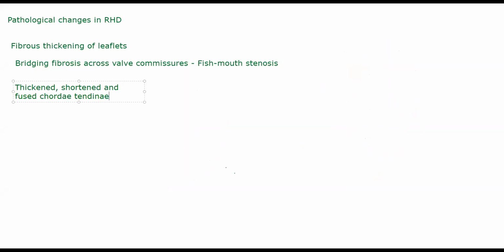Another thing that will happen is to your leaflets, specifically the mitral leaflet and aortic leaflet. See, rheumatic heart disease will mostly affect those two only. Mostly it will affect the mitral valve. Sometimes it will affect the mitral and aortic valve. Very rarely it goes to the right side of the heart. Okay, it will rarely affect the tricuspid valve and pulmonary valve. Very, very rarely. Mostly the left heart is affected.